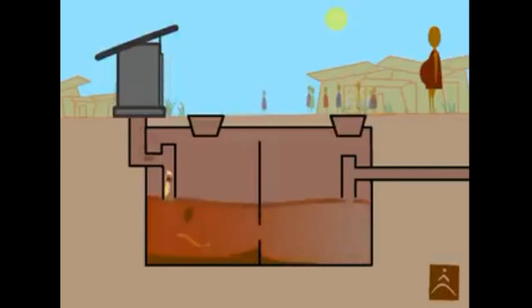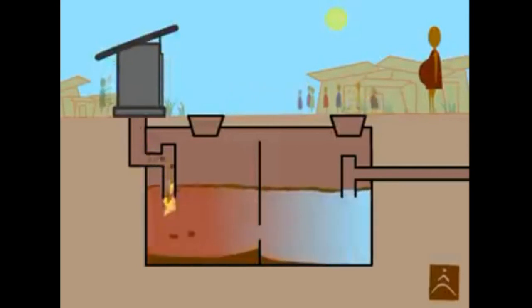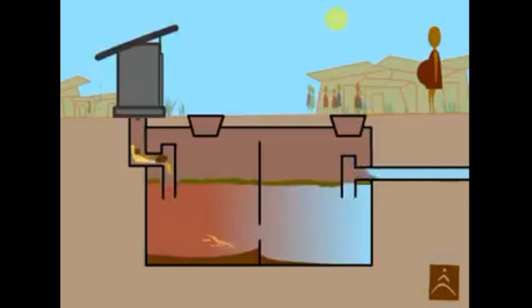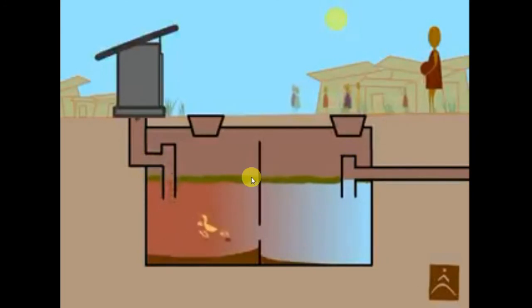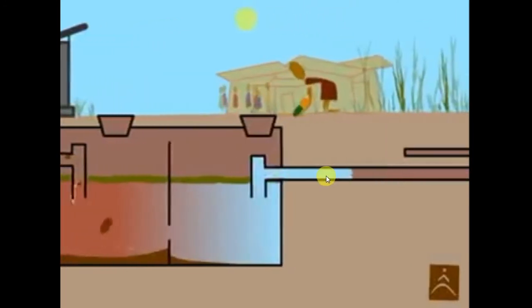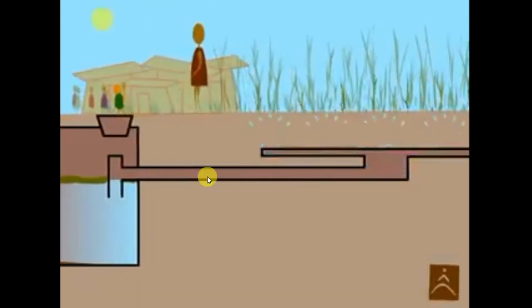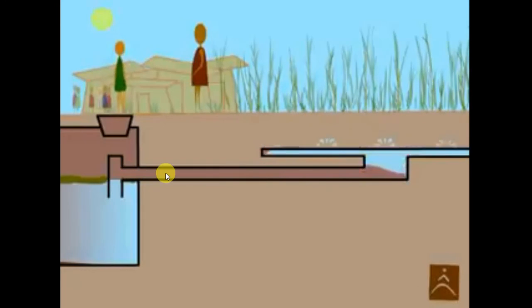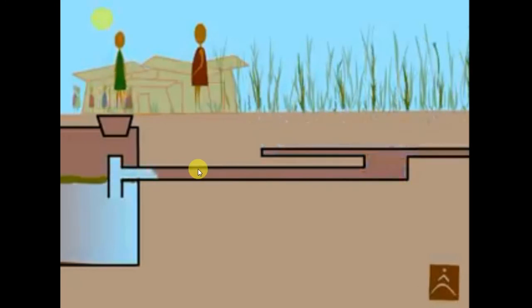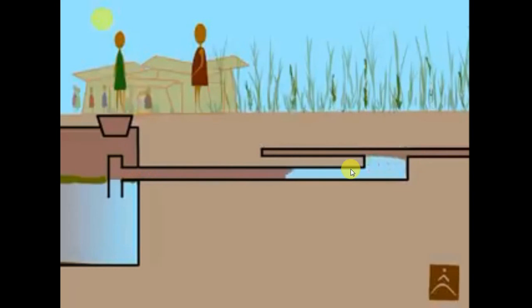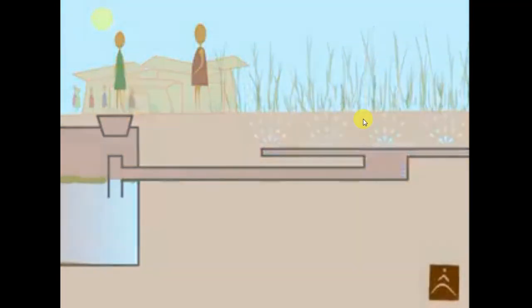Whenever waste is collected in this chamber, adjacent to it we have something called a soak pit. These are the two chambers. Here the waste gets deposited and it will be decomposed. This is a porous pipe which is placed under the soil. This is called the soak pit, through which the clean or treated water from this septic tank enters into the adjoining soil, and this will be helpful for the adjacent vegetation.